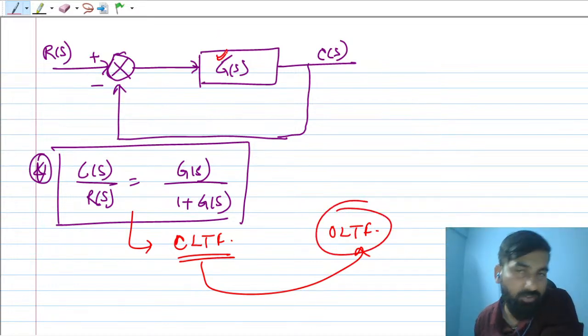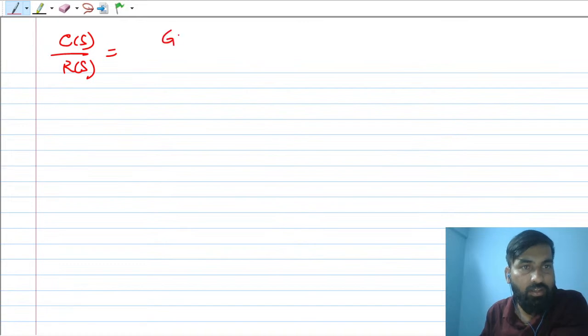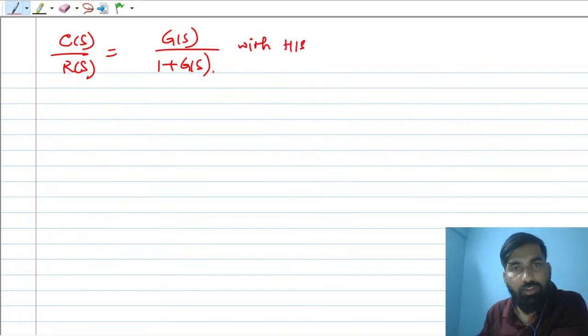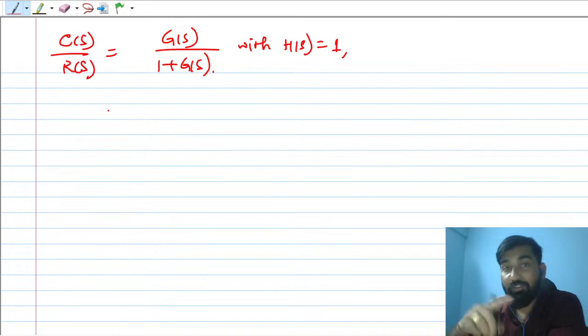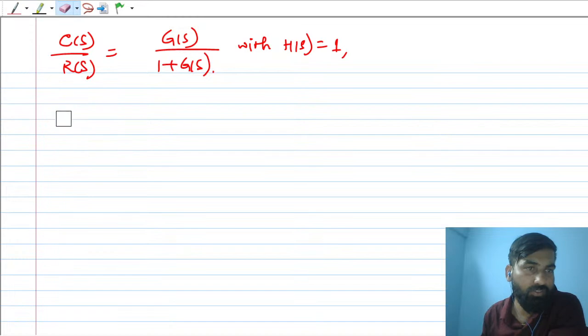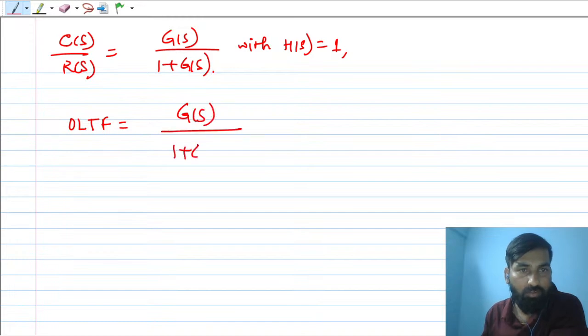This is the open loop transfer function, that is G(S). So you can subtract the numerator from the denominator. C(S) by R(S) is given as G(S) upon 1 plus G(S) with H(S) equal to 1. So whenever unity feedback is given, you can directly find the open loop transfer function by applying this: 1 plus G(S)